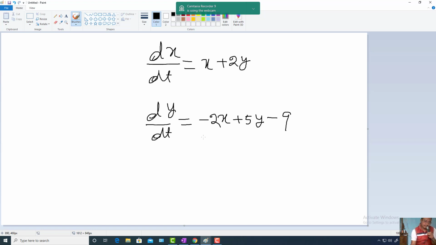So try to draw the direction field of this